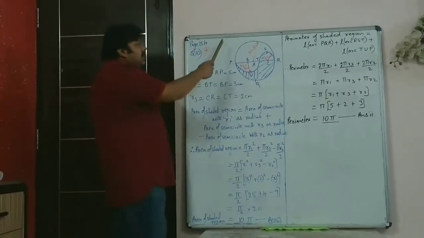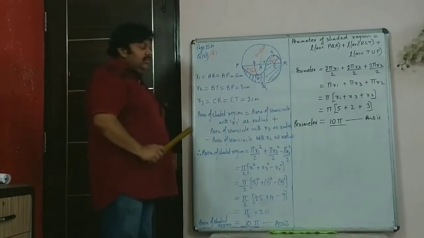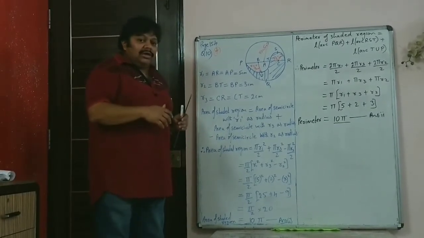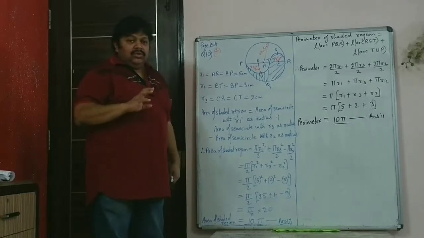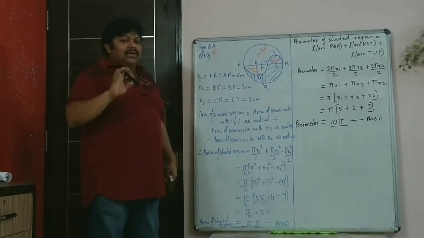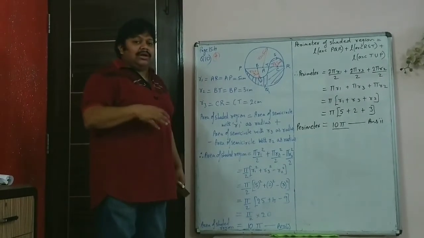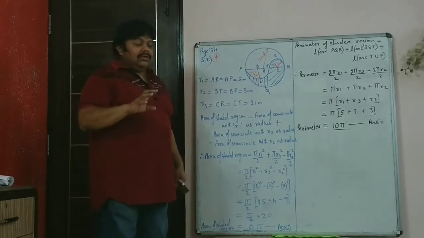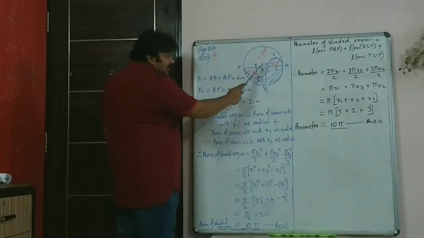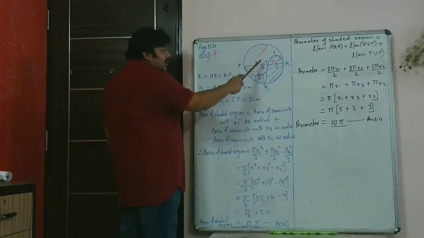For example, when they ask you to find the area of the shaded region, you have to look at the figure and first understand what to take and what to remove, what to add and what to remove. That has to be very clearly seen, because students just know formulas and they want a direct sum in which the formula is written. It doesn't happen like this. So here you have to see that first you have one circle, a big circle with radius r1,